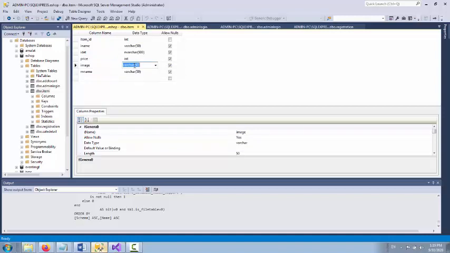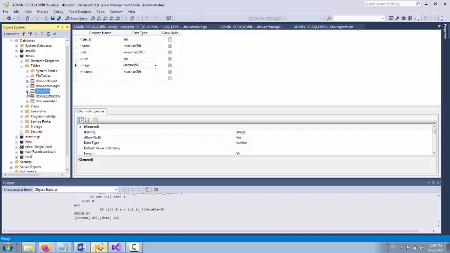Why did I take varchar? Because here we are going to store only the item name. And m name is also varchar. M name is the manufacturer name. Here we are going to store only the name of the image, and only the name. Now these are the admin side tables, where we basically add and insert various kinds of items on the admin side.